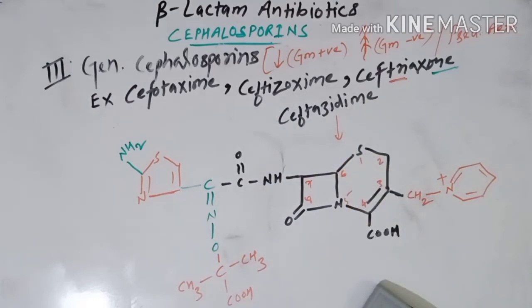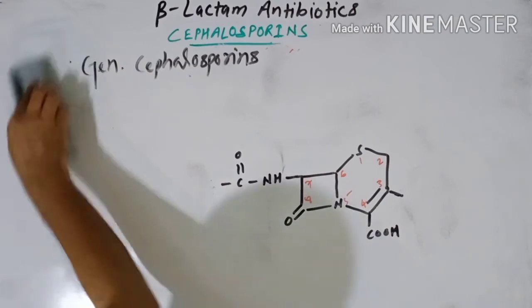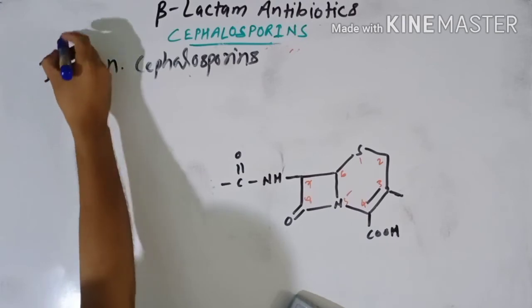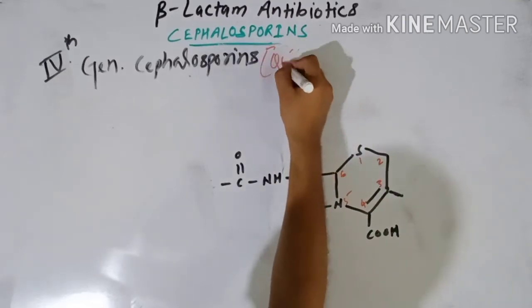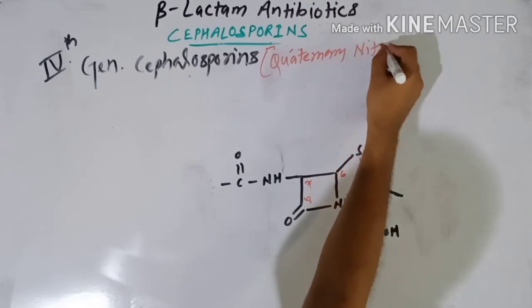So these are some important cephalosporins of the 3rd generation. Now we will move on to the next, the 4th generation cephalosporin. So this is your 4th generation cephalosporin. So what are 4th generation cephalosporins? 4th generation cephalosporins possess a quaternary nitrogen. Their characteristic feature is what? They possess a quaternary nitrogen,